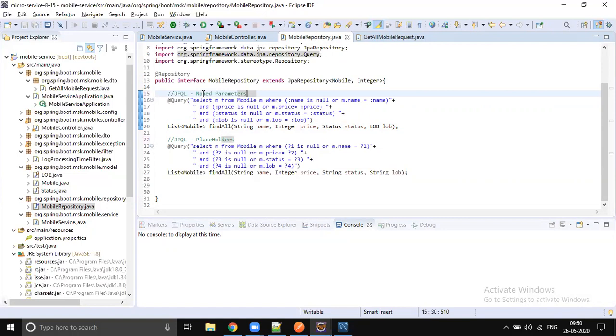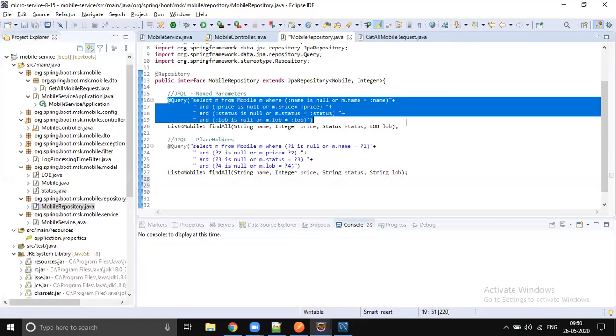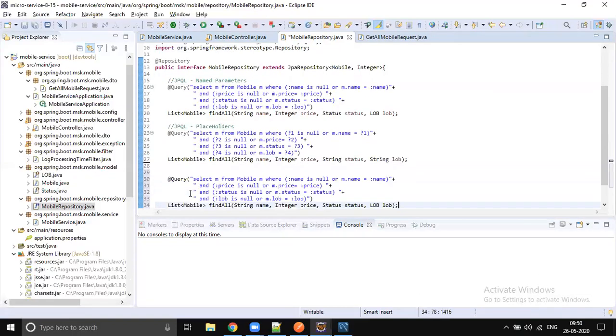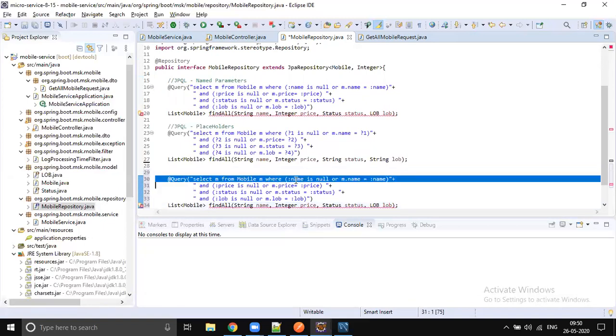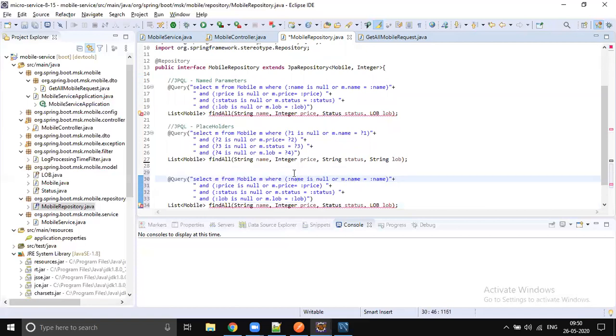So with this, we started two scenarios: one with the placeholders, and another one with the named parameter. Let's try to send the raw native query. Whenever you are directly sending a native query, you have to take care of the 0, 1s.